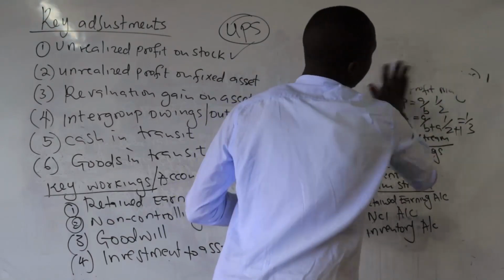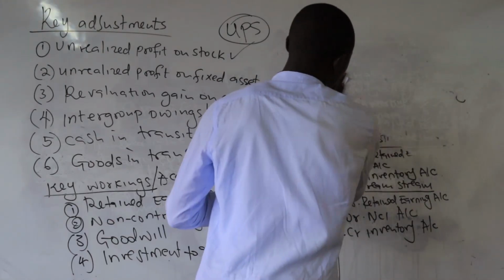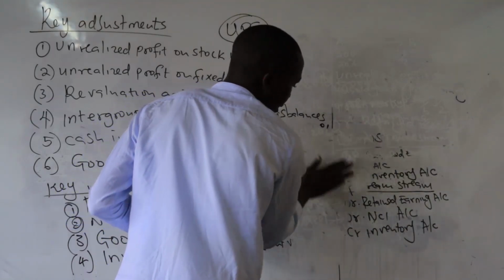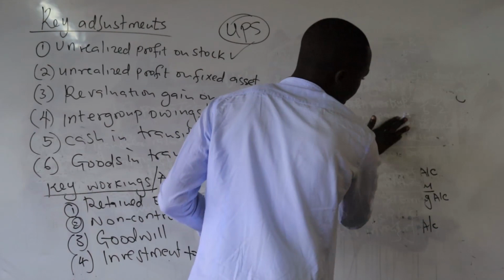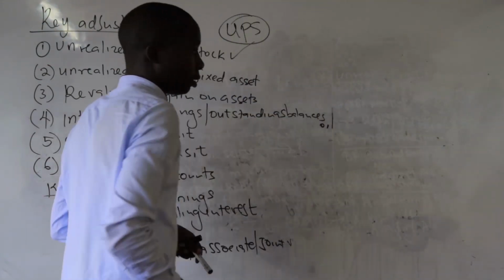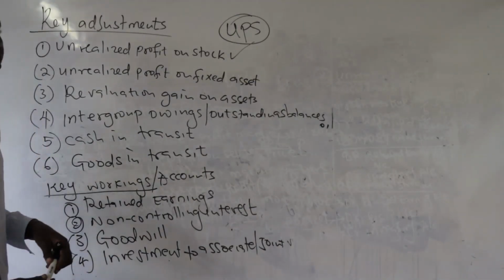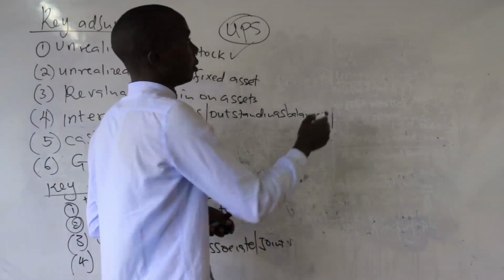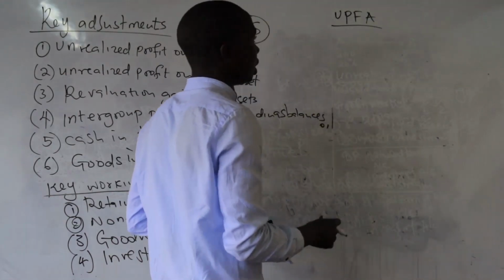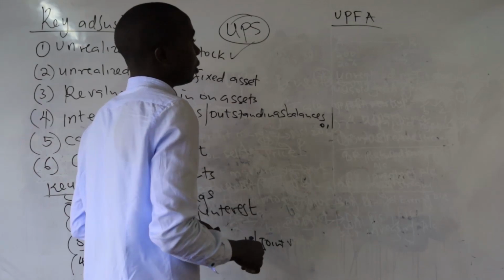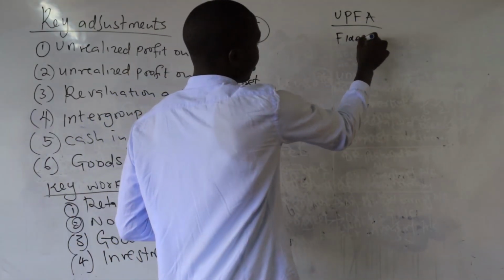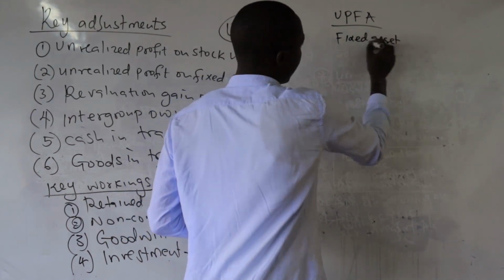you need to understand that that one will be due to the intergroup sales of a fixed asset. So we are talking about the second adjustment, the UPFA. This is due to the intergroup sales over fixed asset, whereby you will find